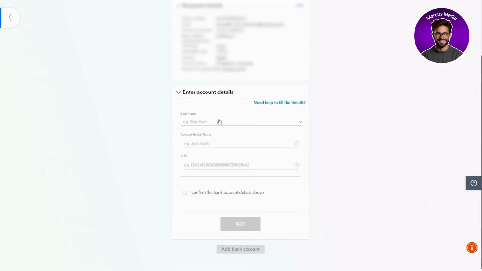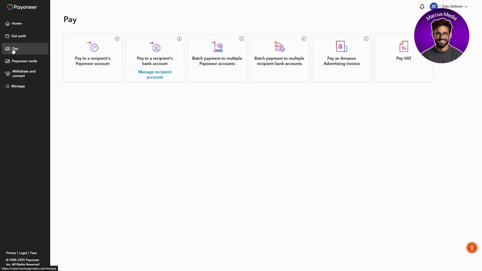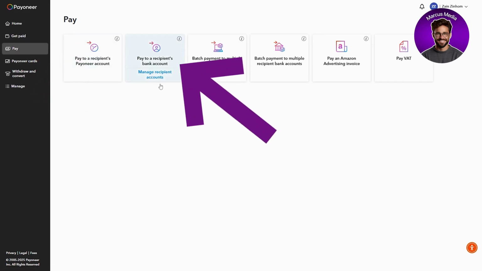And here you should enter all the account details, including bank name, account holder name, then the IBAN. And after that, choose this option right here, click on Next and add bank account. After that, you should go to the left side in the Pay section again, then click on Pay to Recipient's